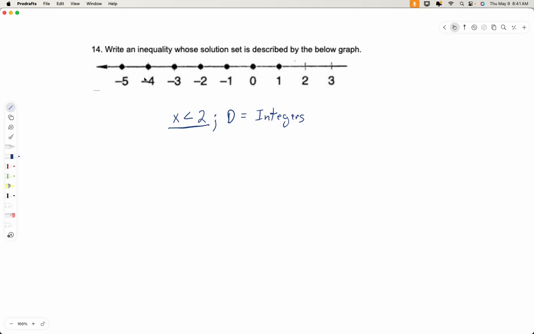So it's not reals. It can't be reals, because reals would include fractions and halfway through. Like, it would include negative 3.5. It would include a positive half. It would include negative 1 3/4. This does not. This is just graphing the integers, so the domain is integers. And that's all you would do for that problem. That's it.